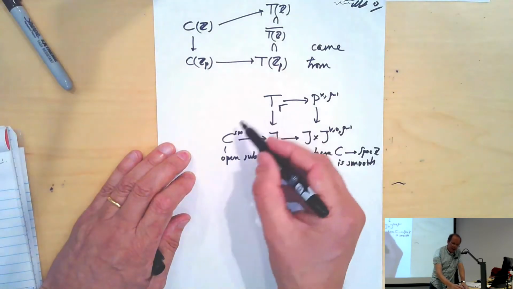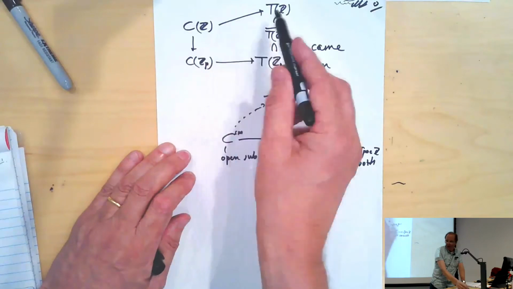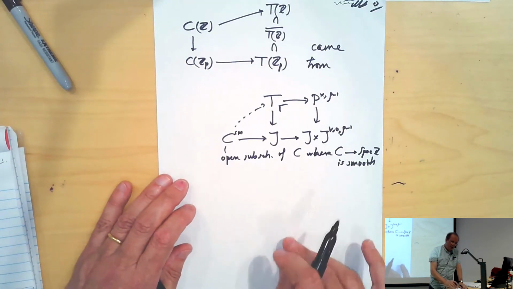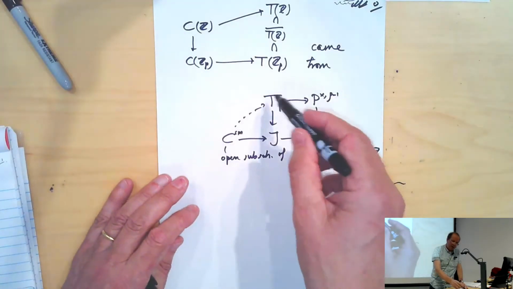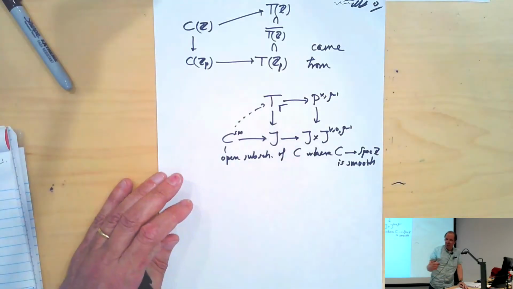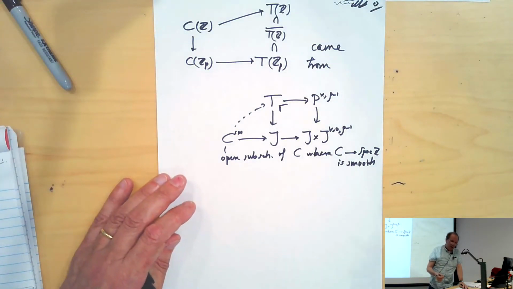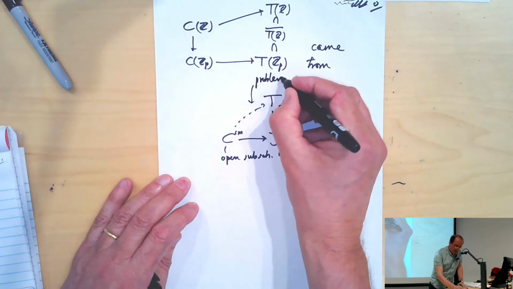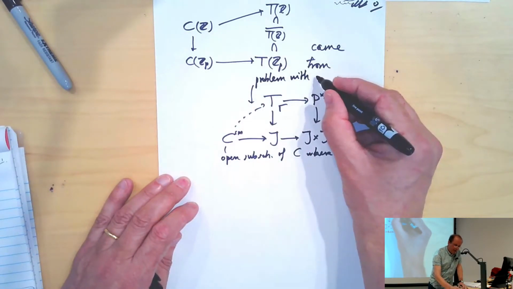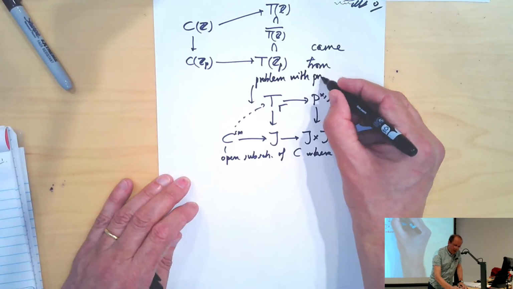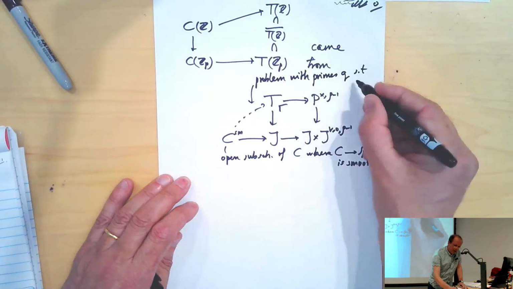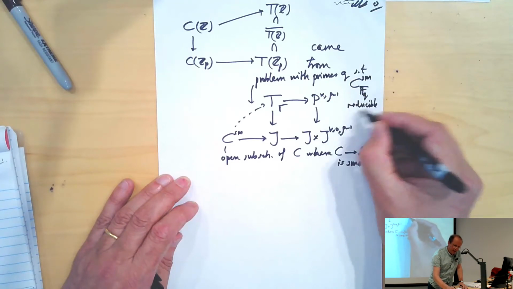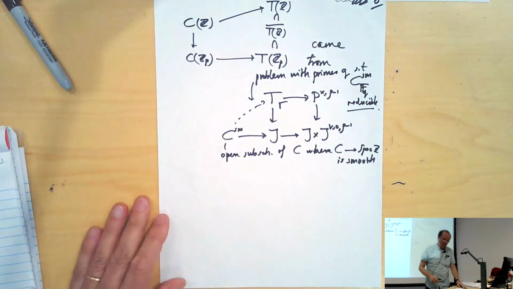And now I would like to lift this. I would like to do this to get this map here. But unfortunately, you have a problem. The problem is like this. We had set it up so that the pullback of this torsor to the generic fiber, to the curve over Q, was trivial. But here I have a problem with primes q such that the fiber of this C smooth over F_q is reducible. If that happens,